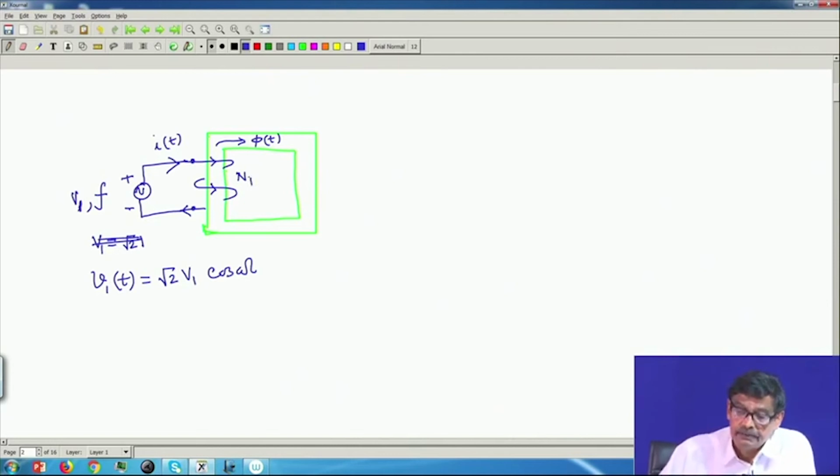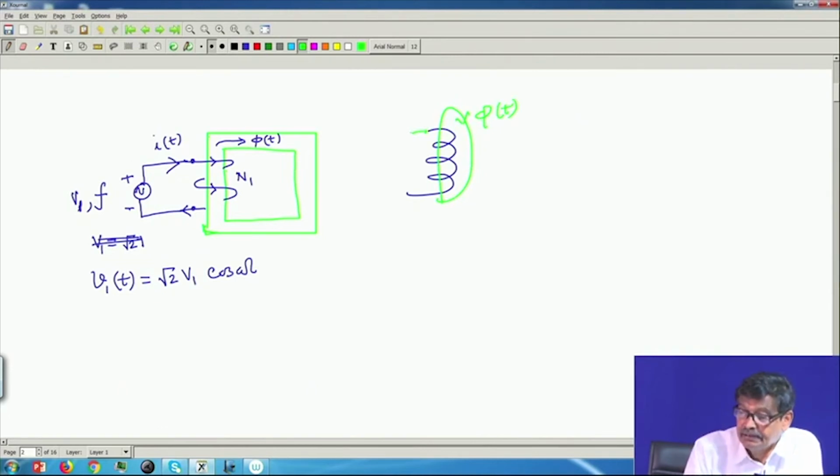Then according to Faraday, if there is a time varying flux in the coil, this coil itself becomes a seat of EMF, the instantaneous value of which is minus N1